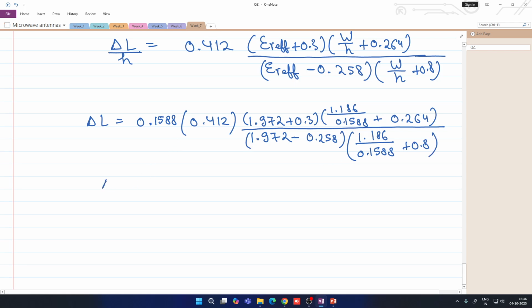When we solve this we get delta L as 0.081 centimeters, and the actual length is given by